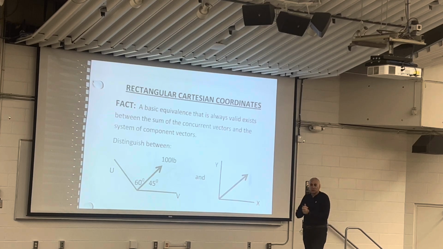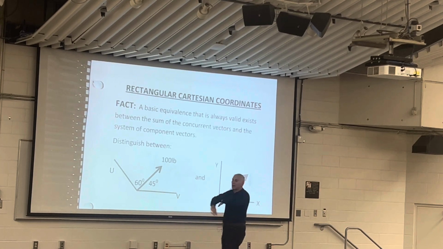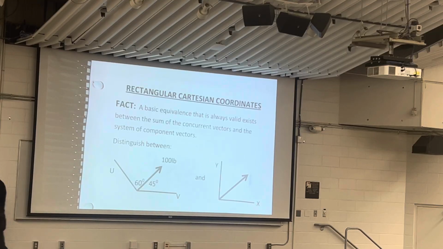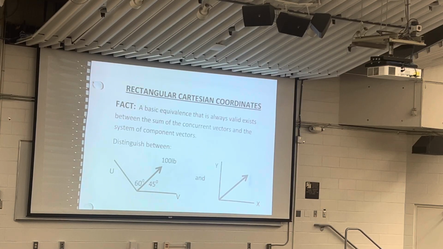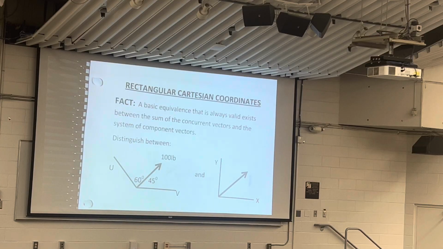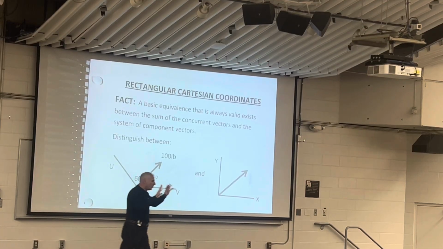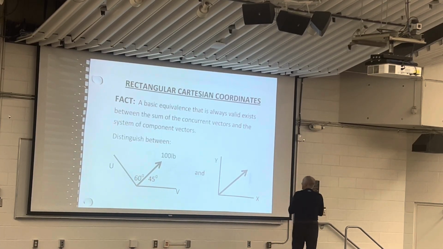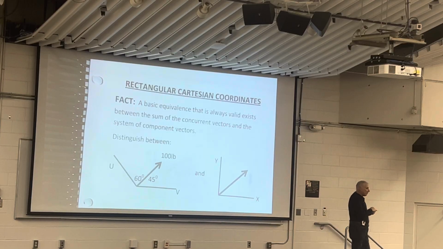Let's just do components instead of doing head to tail constructions. Because with the components, it's just a bunch of scalars. So, big fact. By the way, this is in the next lecture. Big fact. It says a basic equivalence. There's that word, equivalence. A basic equivalence is always valid, exists between the sum of concurrent